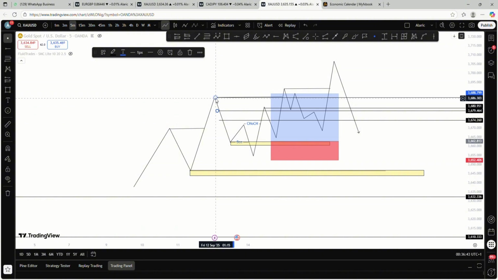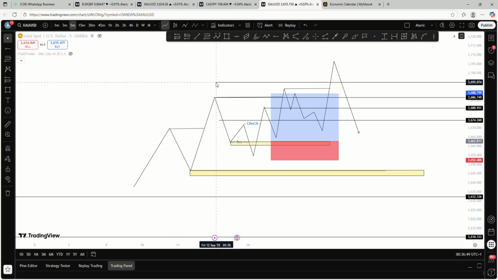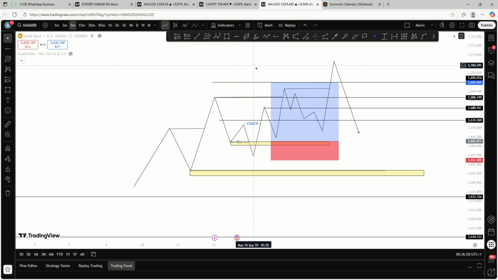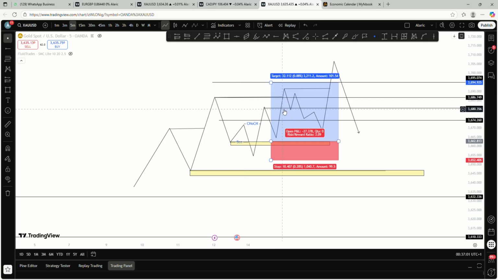I now bring the size of this movement and place it here and measure it to the upside. Then when I get the movement, I'll place this as my final take profit on that market. So when I take first profit here, I'll take second profit at this zone. Once I take second profit at this zone, I'll move my stop loss to this zone. When I move my stop loss to this zone, remember I just have a little money left there and I'm no more risking anything. I'll wait for the market to hit my take profit. That is what I normally do.